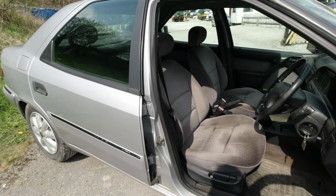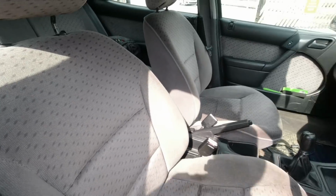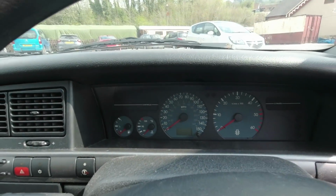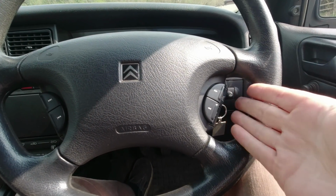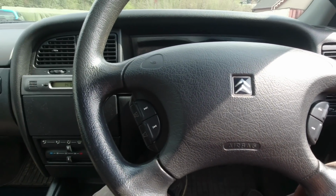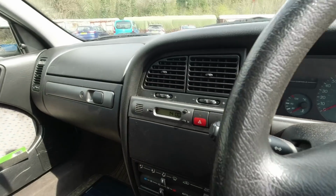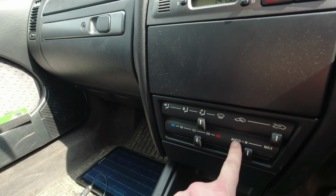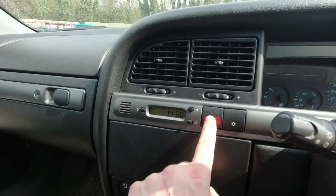Moving inside, this is Jono's work car, so it's not in perfect condition, but a very 1990s seat upholstery going on. If we jump aboard, it's lots and lots of black plastic. We've got steering wheel buttons for the stereo though, so that's quite good. Wiper stalk over here, indicator as you might expect. We've got automatic air conditioning, so you can put it in auto mode, although you do have to turn the air conditioning aspect on yourself. Hazard lights,